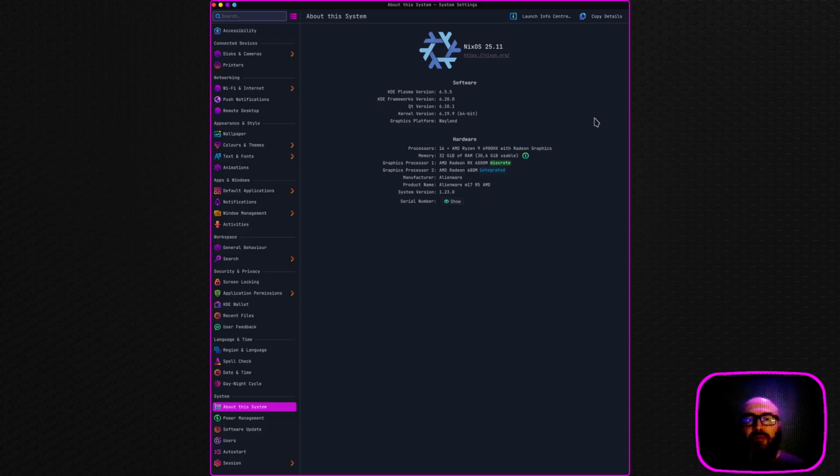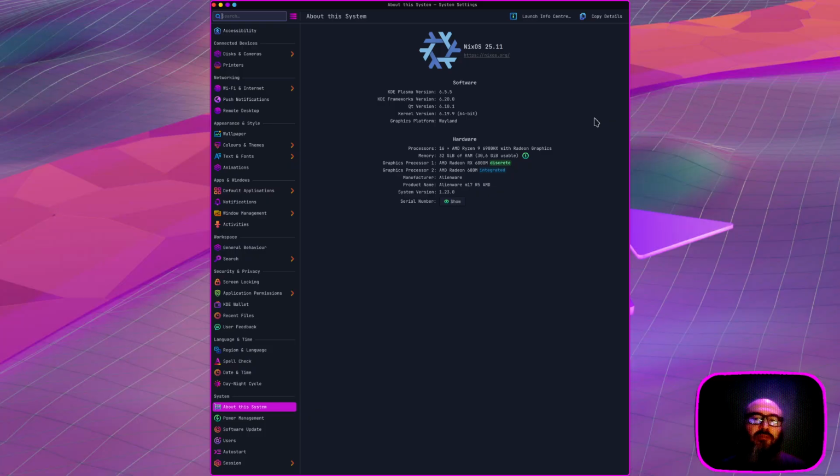The discrete part. The integrated one, I'm not using it. Basically, I have disabled it, so to speak. Anyway, the system also has 32 GB of RAM and 2 TB of SSD space.